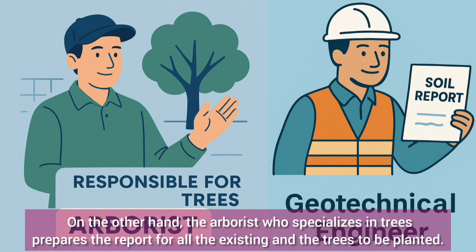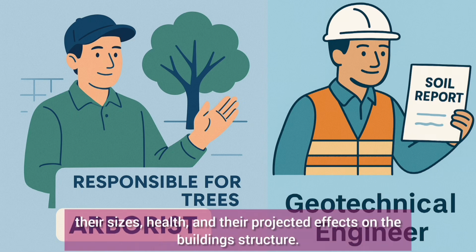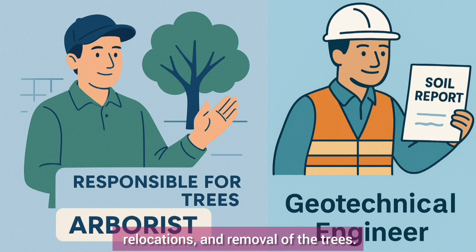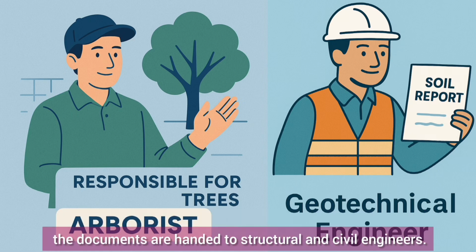On the other hand, the arborist who specializes in trees prepares the report for all the existing trees and the trees to be planted. The report shows the types of trees, their sizes, health, and their projected effects on the building structure. He consults with the architect and the structural engineer on the location of trees, relocations, and removal of the trees. Besides, when the reports and the architectural drawings are prepared and finalized, the documents are handed to structural and